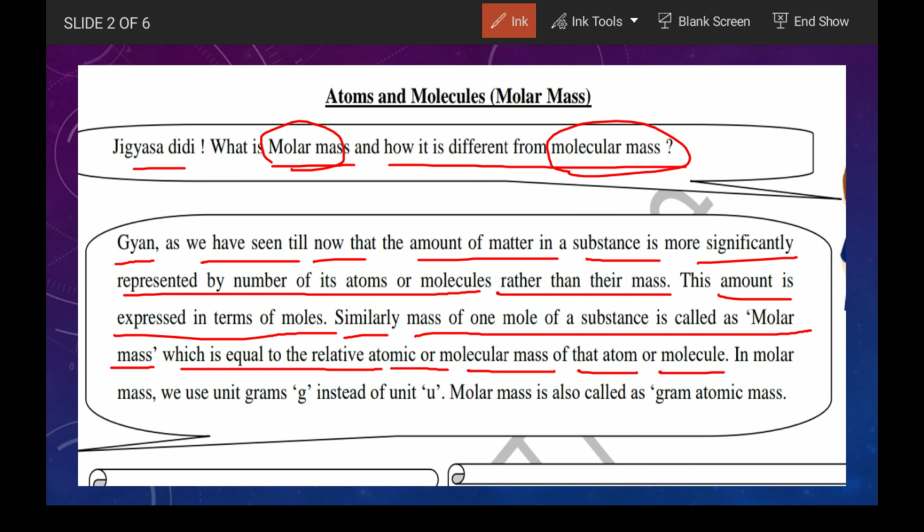Actually, the difference is that molecular mass we have to express in u, atomic mass units, and molar mass we express in terms of grams only. This is being given here also. Molar mass is also called gram atomic mass. Okay beta, now we